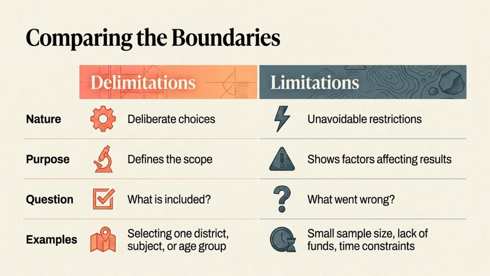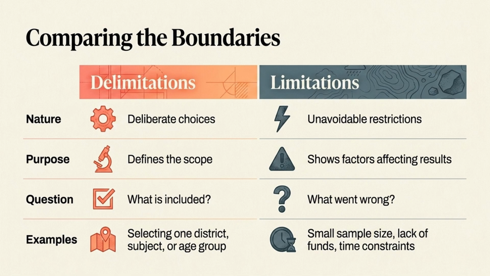Now, let us compare these two concepts. Delimitation is a boundary that is deliberately and intentionally set by the researcher, whereas limitation is an unavoidable restriction that the researcher has little or no control over. The purpose of delimitation is to define the scope of the study, while limitation indicates factors that may influence the